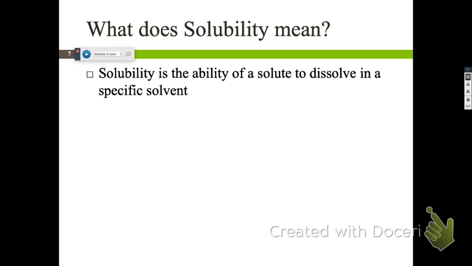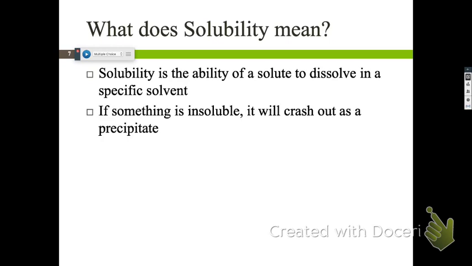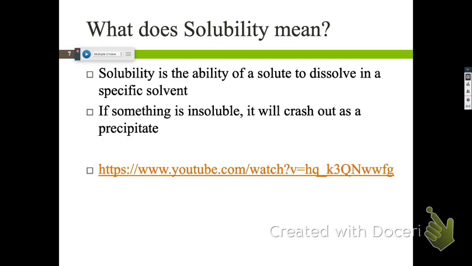So we kind of talked about the definition of solubility. Have you done labs where you get precipitates formed? Yep. Okay, so you know what that looks like visually in lab: when you pour two things together, it goes from a clear solution to usually cloudy, and then over time that falls out of solution.